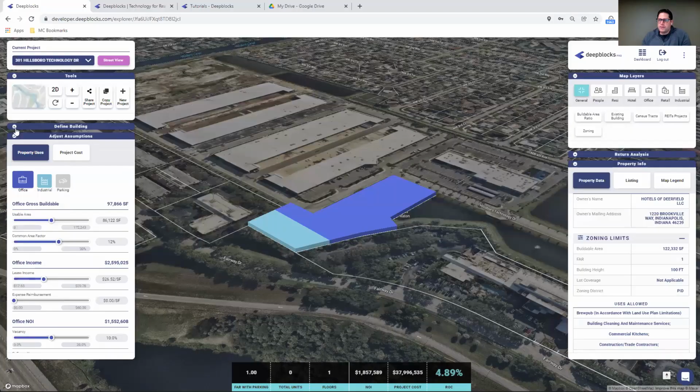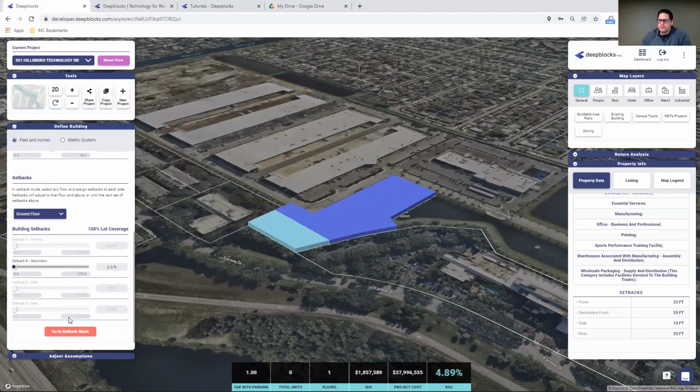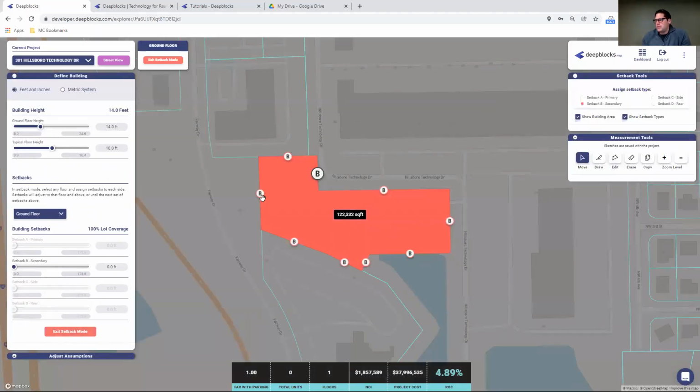So what we're going to do first is put these setbacks in. As I mentioned, they're 25, 20, 10, and 25. I believe this is going to be your front. This will be your rear. We're going to leave the others alone for the moment.